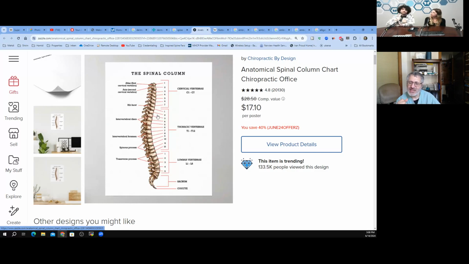Now, in the cervical spine, the nerves come above the same numbered vertebrae. In the thoracic and lumbar spine, because we have a C8, one additional, don't ask me how they did that, it comes below the same numbered vertebrae, meaning that where does the L5 nerve root come out? Between what bones? L5, S1. C5 comes above C5. L5 comes below L5.